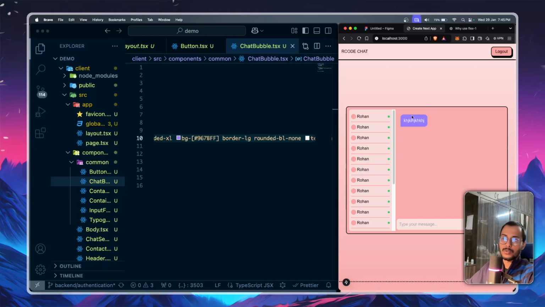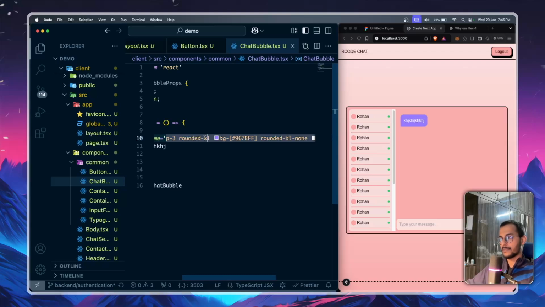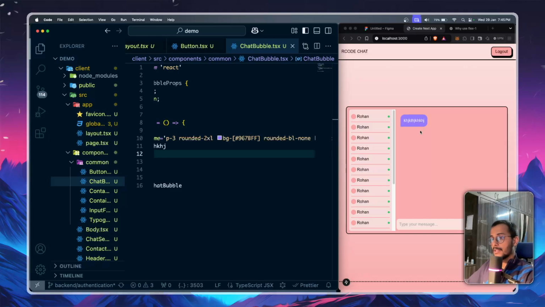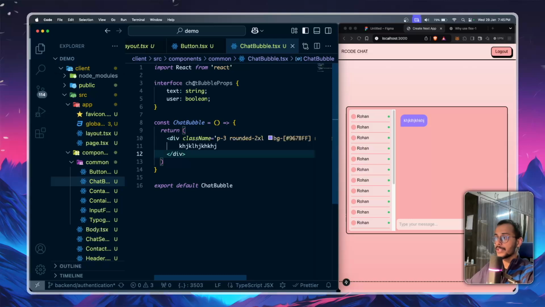Yeah, so as to create this we needed rounded BL none, bottom left. Okay, let's make it XL then, that will make more sense. Right, not border actually. Rounded here. Oh, it's already XL. Let's make it 2XL then. Yeah, that makes it more differentiable. Okay, so how are we going to create it custom or dynamic, since we need to create